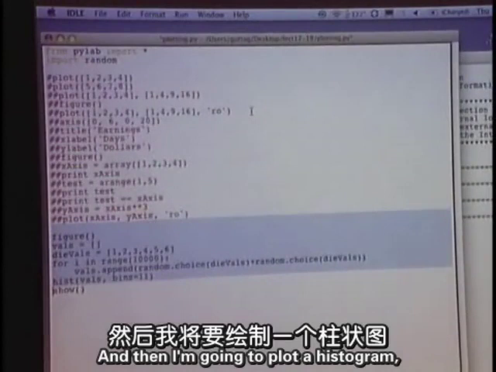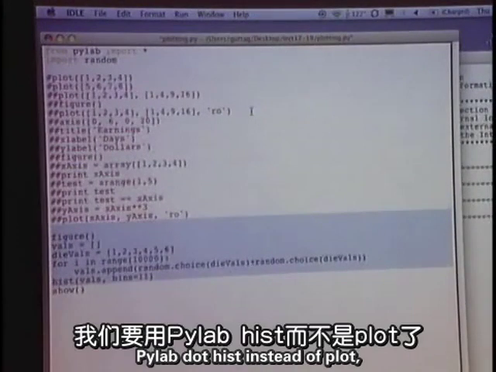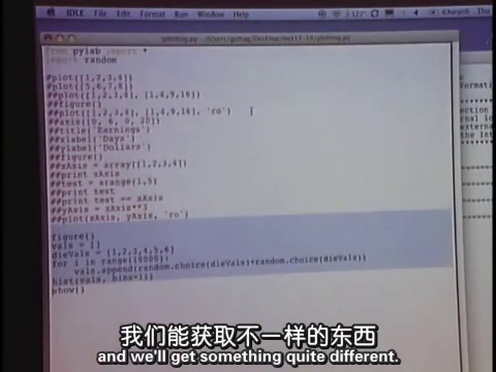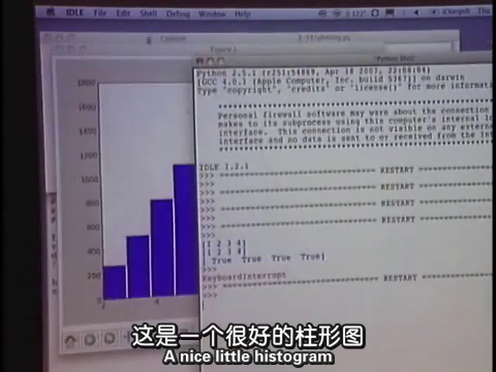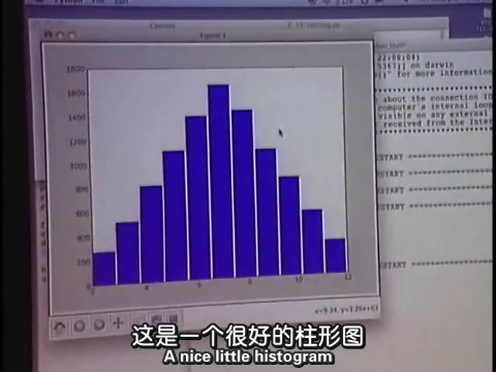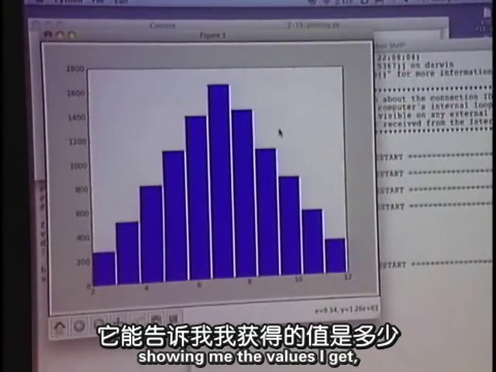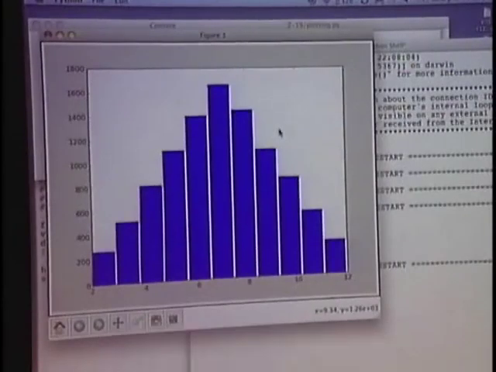And then I'm going to plot a histogram, pylab.hist instead of plot. And we'll get something quite different. A nice little histogram showing me the values I get. And we will come back to this later and talk about why this is called a normal distribution.